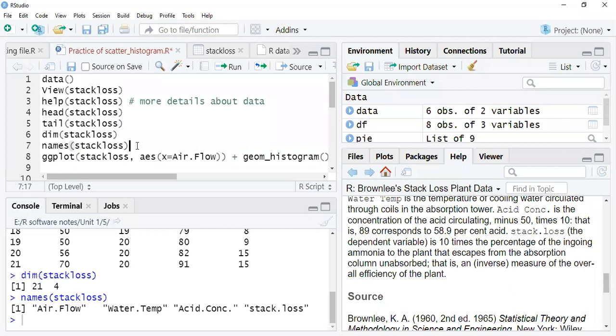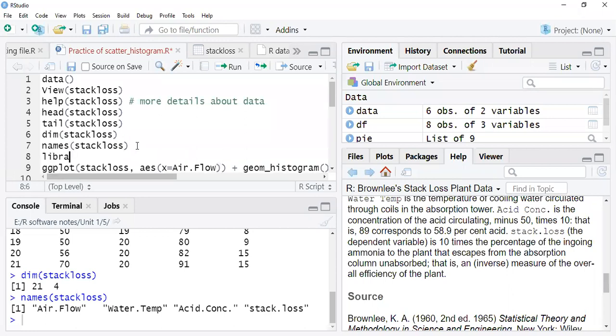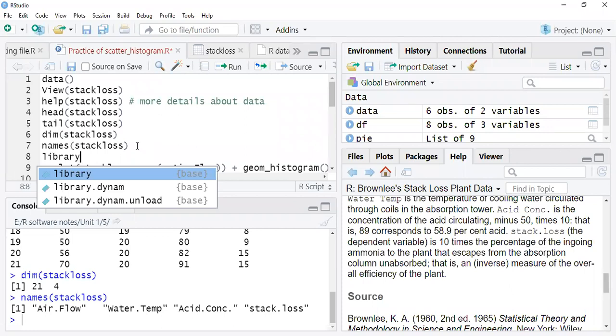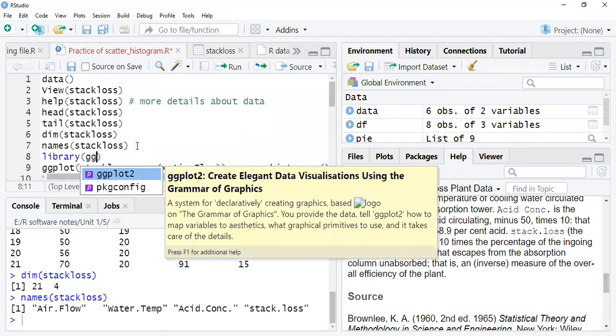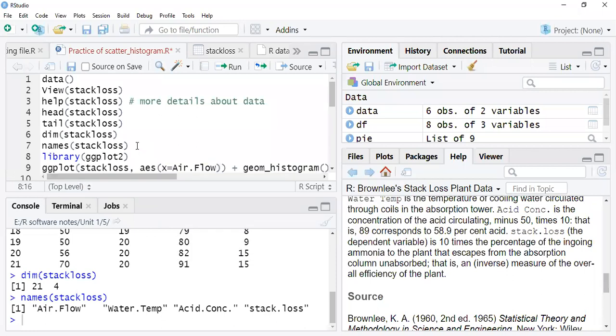First we have to call library ggplot2 and load it. Once you close RStudio, you have to load the ggplot package again.